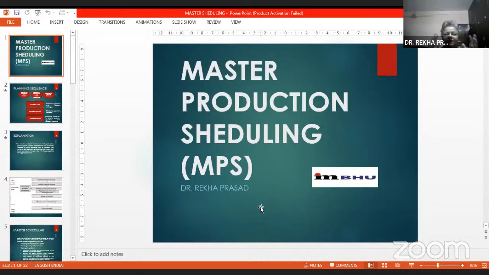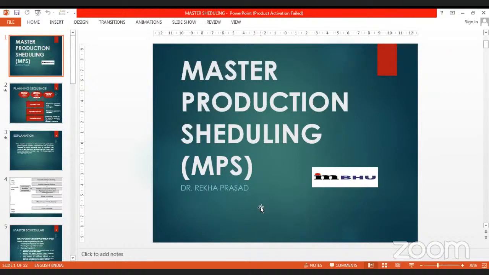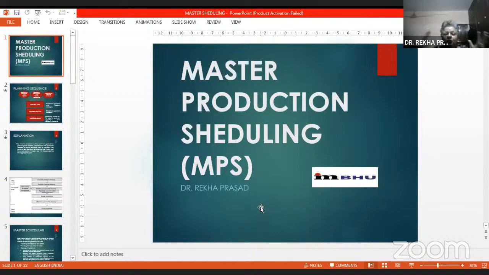So once you have done the aggregate planning, suppose you are going to manufacture computers. There can be various types of computers you will be manufacturing. So for the total, how much do you require? That is aggregate planning. Then you have to disaggregate it. See what type, each type, because for each different type of computer, there might be slight variation in requirement. So that is what is master production scheduling.